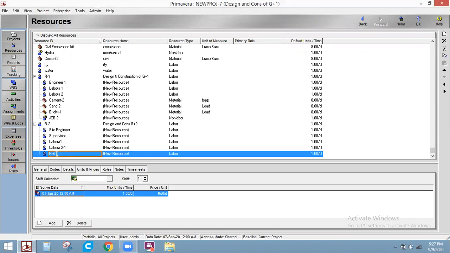Okay. Next, because we got a pop-up message, that is because we have one labor two over here, so that we can't overlap the names. That's why it is renamed as labor two bar one. Now we want some equipment. I will go for sand. Whatever the name, you can keep. See here, we have site engineer, supervisor, labor one, labor two. I will add some more things here.